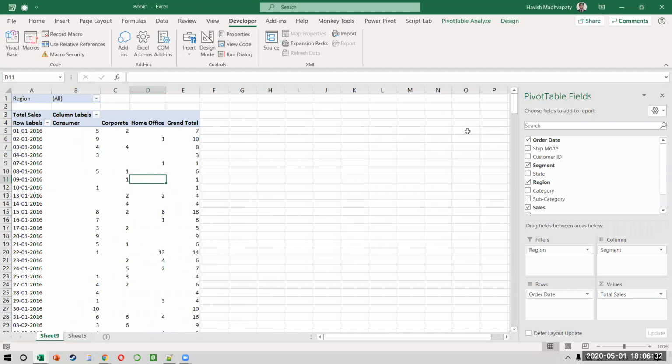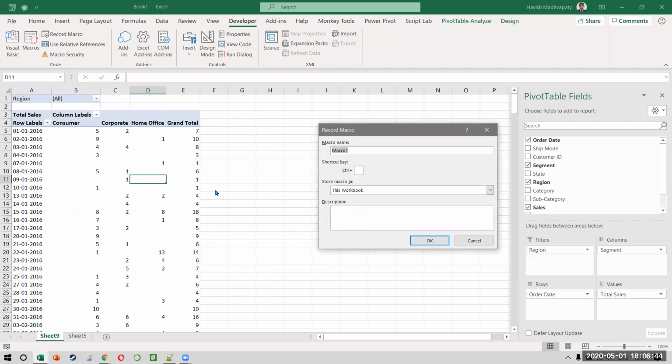Okay, so this means that I can't, so this is a learning for us, right? This means that we have to remove the older one and then we have to add the new one. Now, you might be wondering, oh my God, how will we remove the old one? How do you do this? Very simple. You can just record a macro. Either you can search online or you can record.